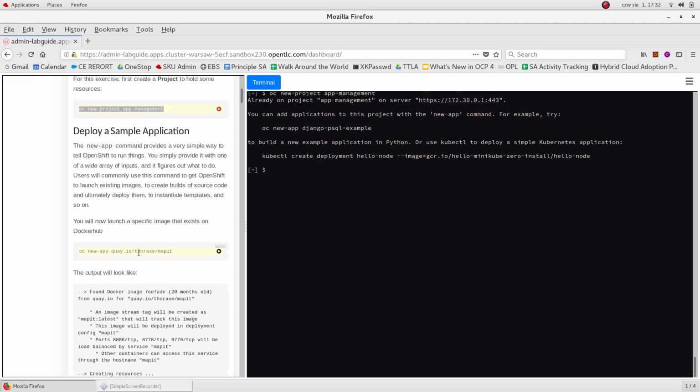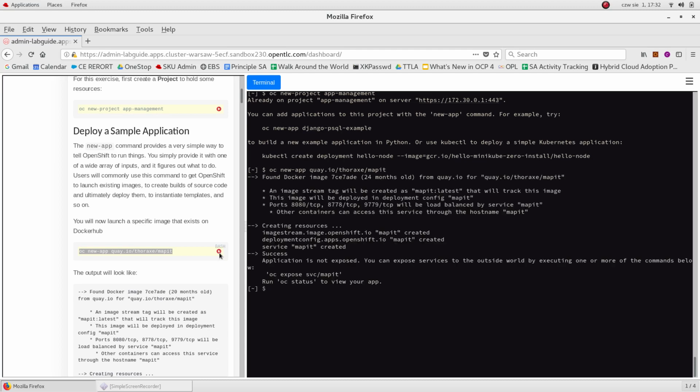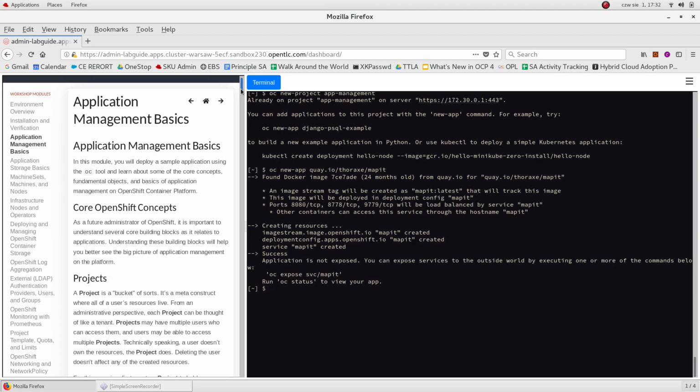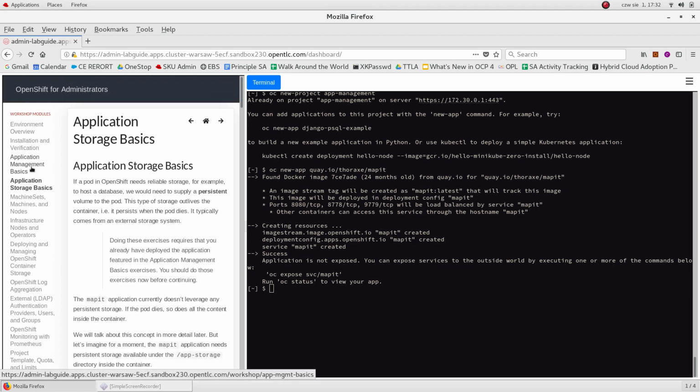On the left-hand side, whenever you have a command, you have a button, you click it, and it is executed on the terminal. So it's really easy. Then we will talk about the storage basics, so persistent volume claims, and then we will